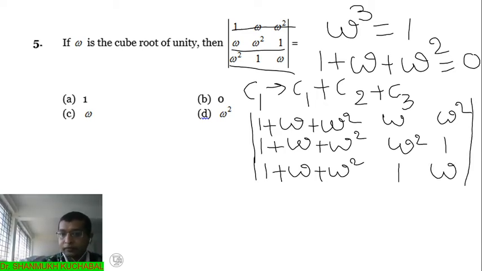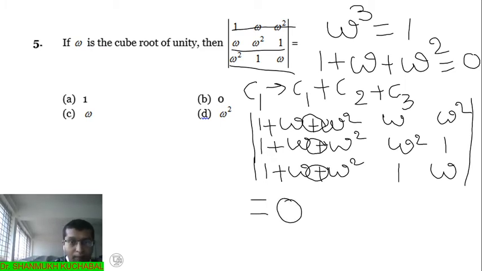Then see, 1 plus omega plus omega square, the value of this quantity is 0. Therefore this will become 0. Similarly second one, this is 0. Third one, this is also 0. So we observe that in this determinant, an entire column is 0. That is, already we have studied this as a property. In a determinant, if any one row or column is 0, the value of the determinant is 0. Therefore the value of this determinant is equal to 0. Therefore B is the right option.